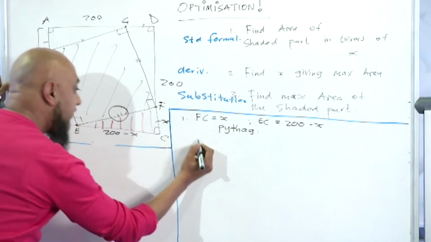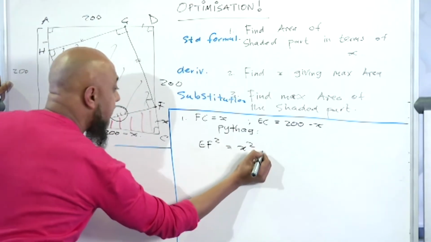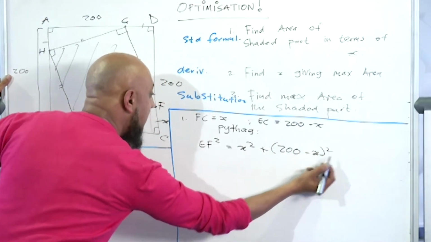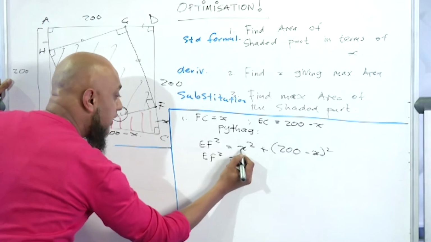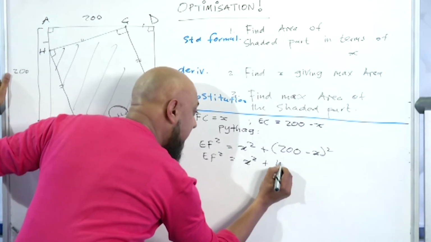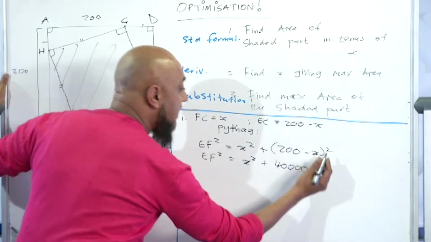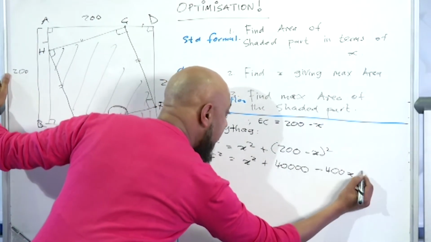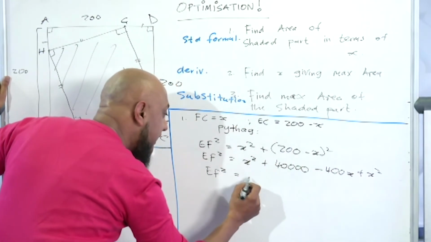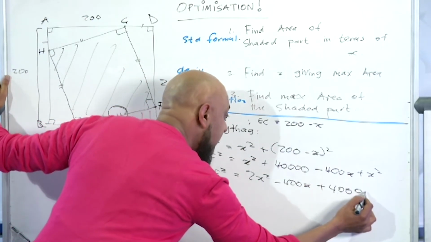Right, so EF squared is equal to x squared. The square on the hypotenuse is equal to the sum of the other 2 squares on the other 2 sides. So what do we have? We got EF squared is equal to x squared plus, we're squaring a binomial here, so 200 squared is 40,000 minus, multiply these 2 and times it by 2, minus 400x plus x squared. So what am I left with? EF squared is equal to x squared plus x squared is 2x squared minus 400x plus 40,000 units,